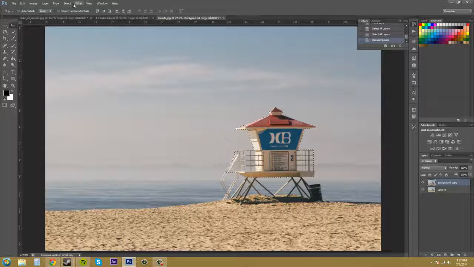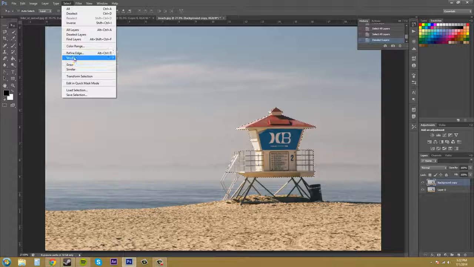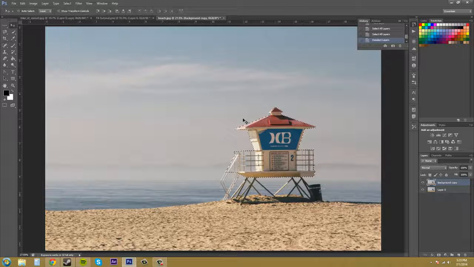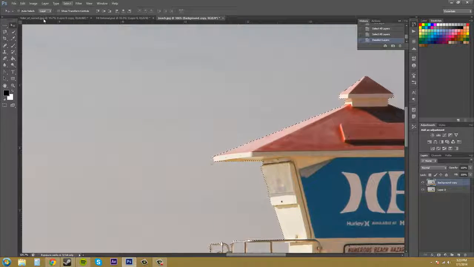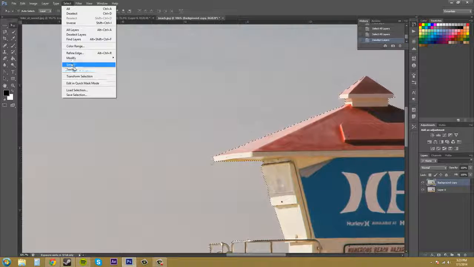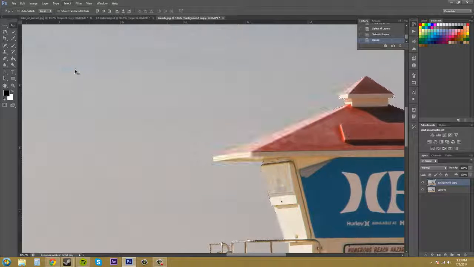Click on a layer. So we got grow here, which increases your selection by adding pixels to it. And then we got similar, and this one adds non-contiguous pixels. So if I click on that, let me zoom in for you. Select, here's similar, we'll click that,